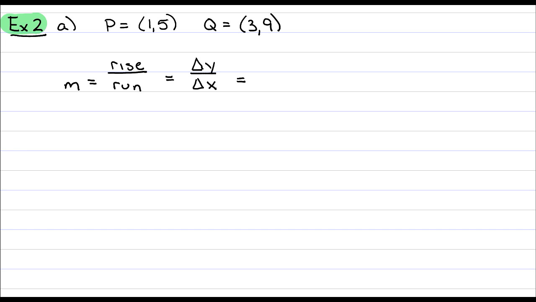And in terms of a formula, this just means in the top, the delta y would be the y-coordinate for the second point minus the y-coordinate for the first point, divided by the delta x would be the x-coordinate of the second point minus the x-coordinate of the first point. Okay, so with all of that in mind, for this particular example,